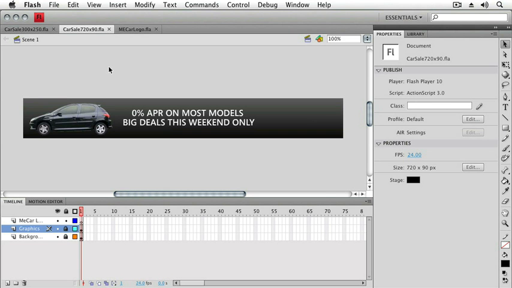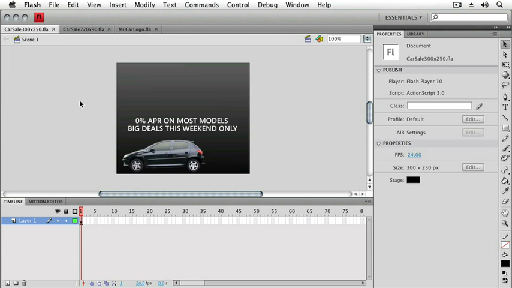Along those lines, at the top, go ahead and click the tab for the carsale 300x250 document and bring that forward. So here, this is another variation on our same ad banner, and we see our taglines are in the middle this time, and we have our car picture at the bottom. And once again, we have some space at the top where we're eventually going to want to drop our Me